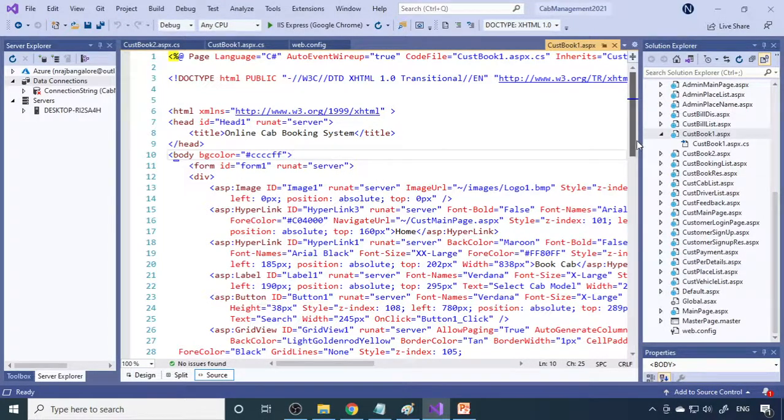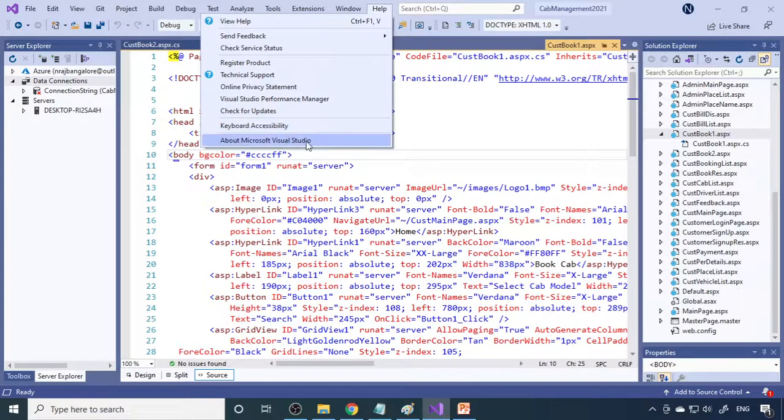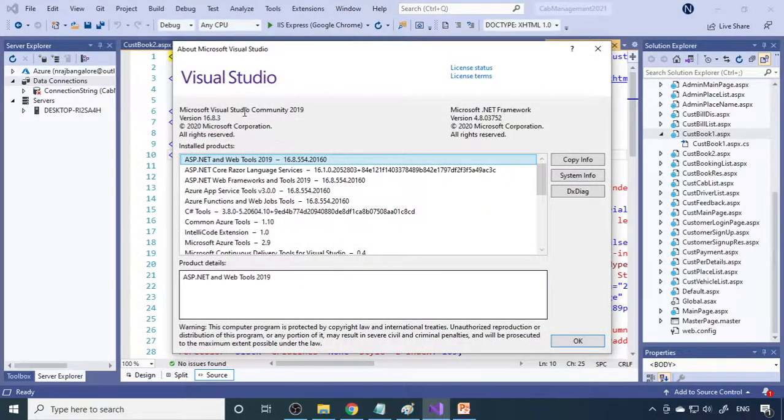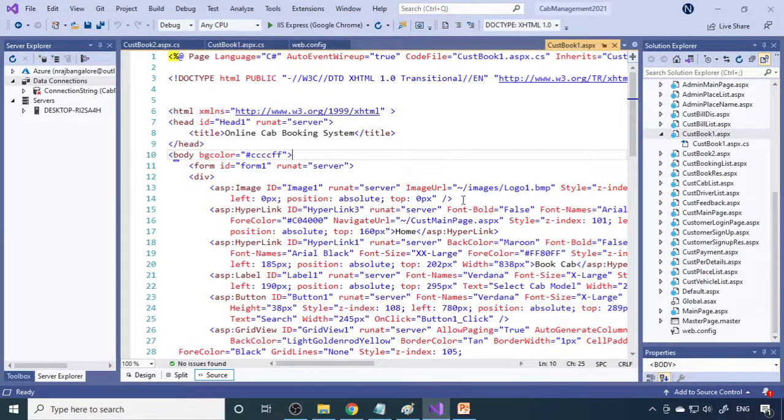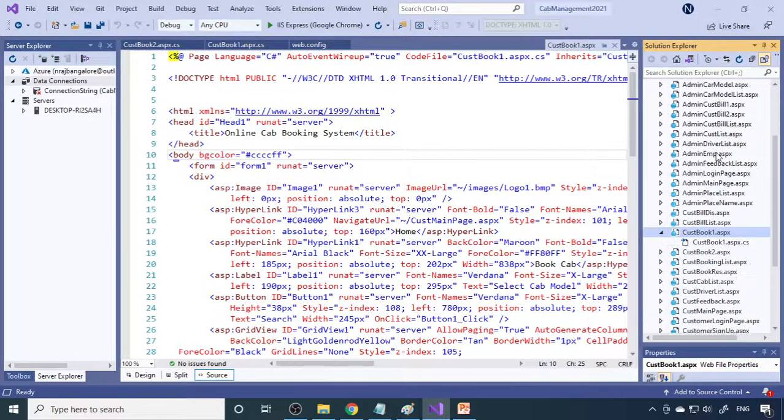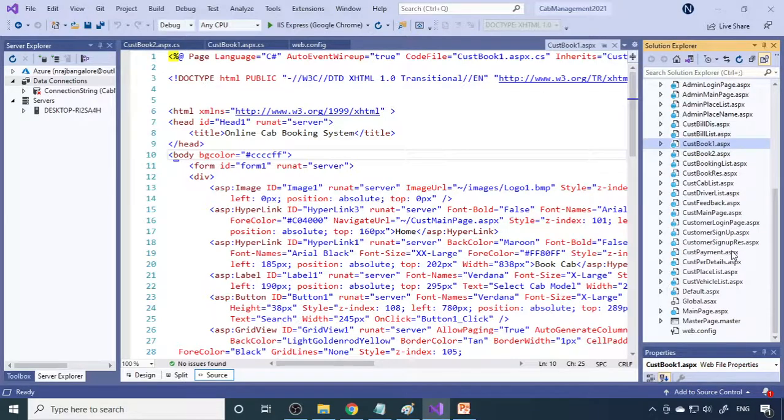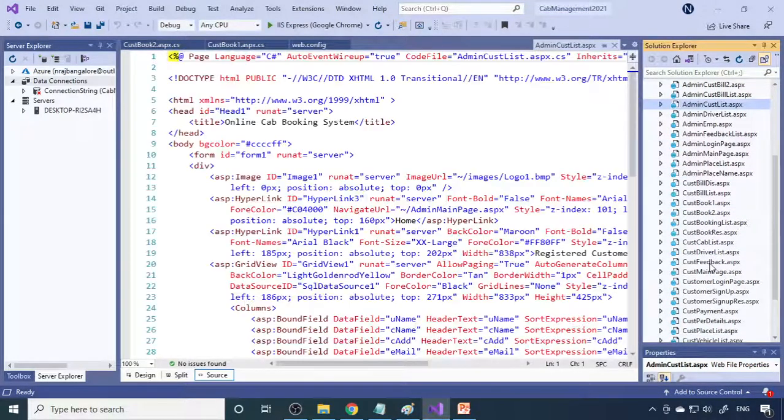So let's move on to the project and see how the whole project works. Here we have already started the SQL server. Sorry, this is Visual Studio. We are using Visual Studio 2019 Community Edition, which is a free edition. You can always download it from the Microsoft website and install it. Once it's installed, you can write the project. Here you can see that we have already written the complete project. It will have admin and customer.